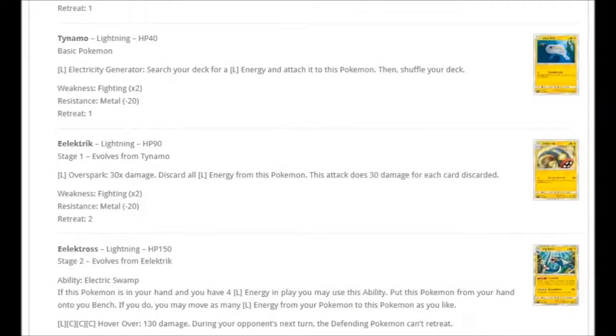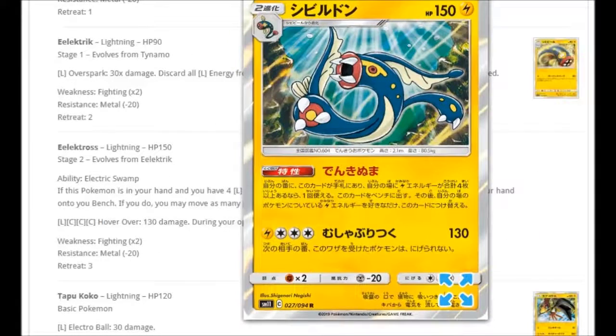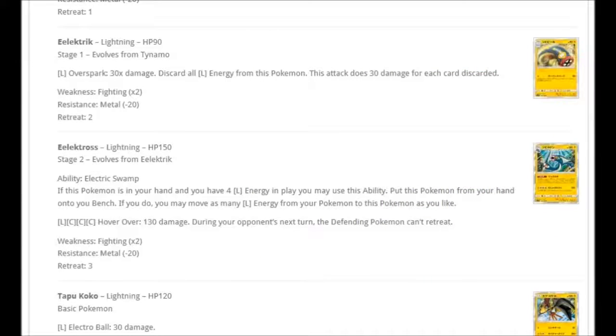Right there. 90 HP. One lightning, for Overspark. 30 times damage. Discard all lightning energy from this Pokemon, and this attack does 30 damage for each you discarded. That will then evolve into Electross right here, which is going to be a holo as well. Ability, Electric Swamp. If this Pokemon is in your hand and you have 4 lightning energy in play, you may use this ability. Put this Pokemon from your hand onto your bench. That should say your. If you do, you may move as many lightning energy from your Pokemon to this Pokemon